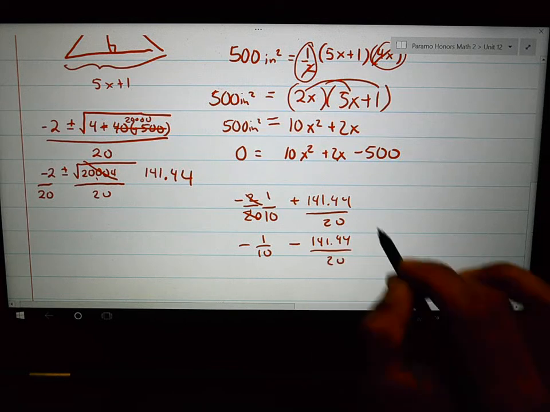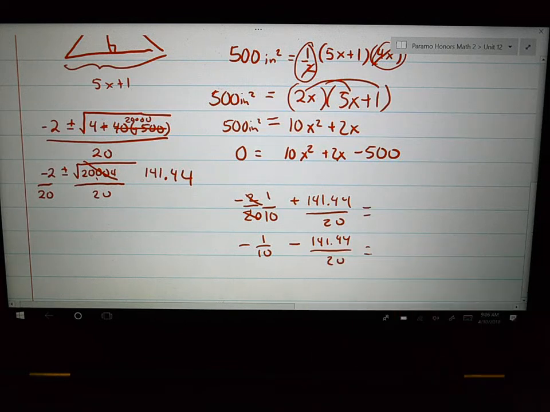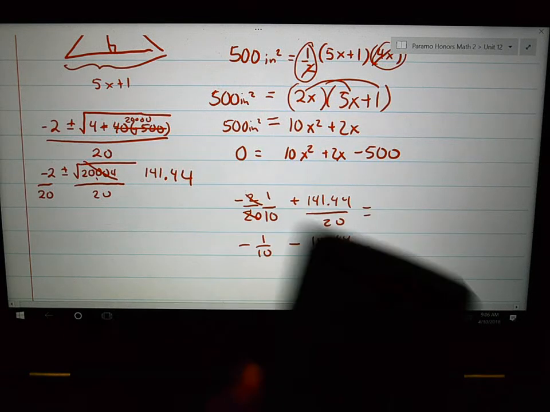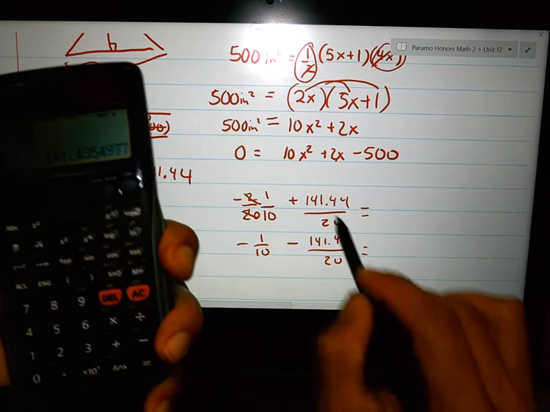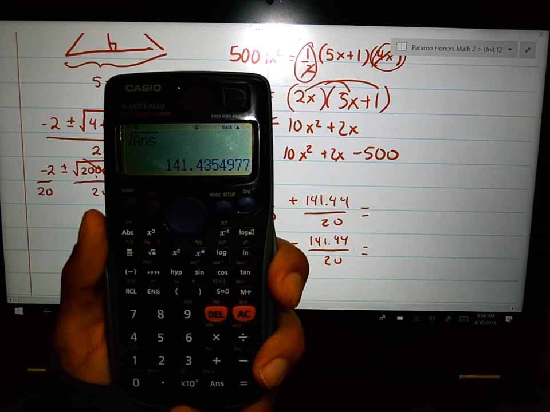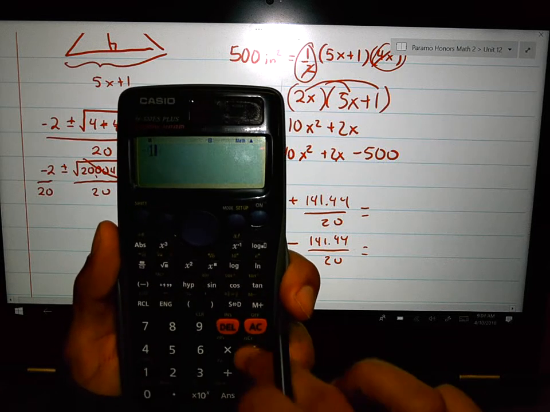So I have those two possibilities, and this is where your calculator will come into play. You're going to need to take that negative 1/10 and add the 141.44 divided by 20, and then you subtract it as well. So just going to throw that here on my calculator. I have that answer right there. So I'm going to do this. Negative 1/10